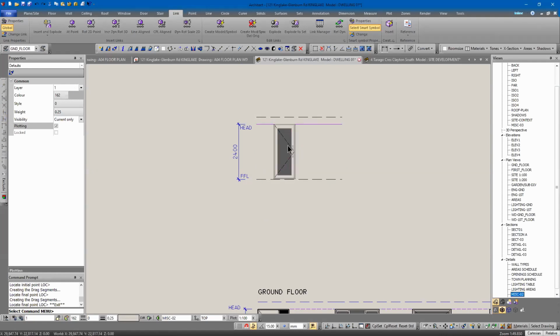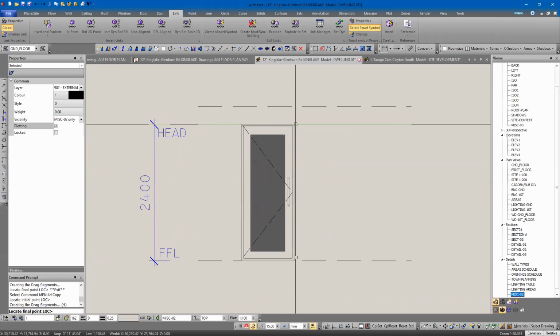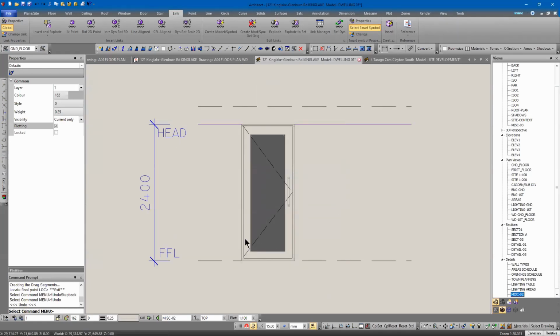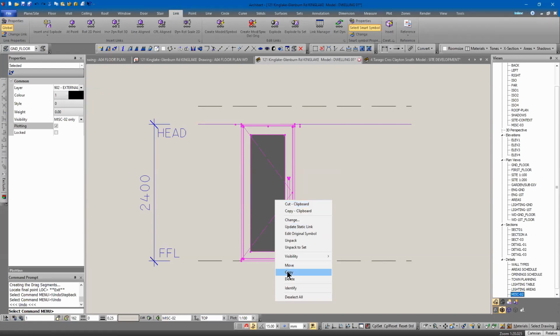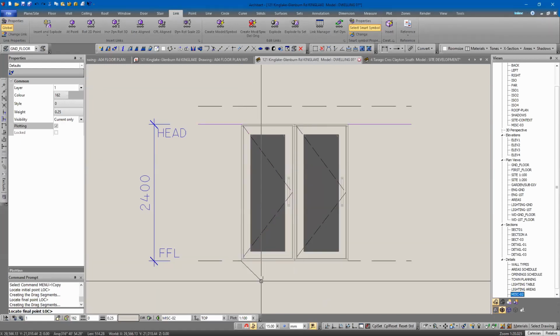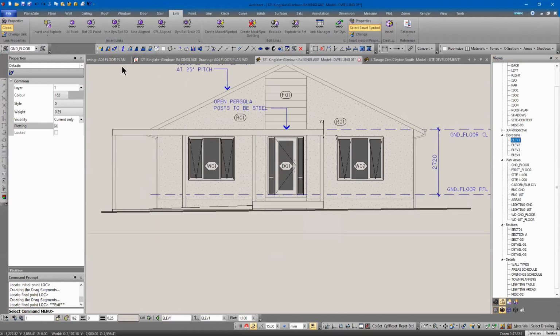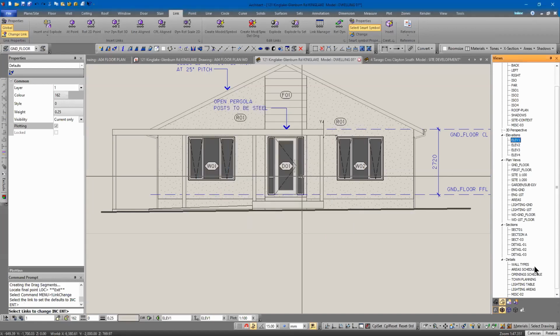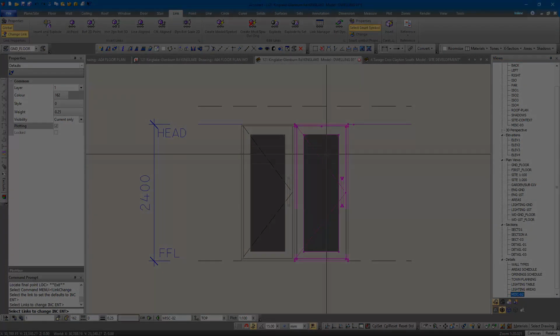And in this particular case, he's got 2 side lights, so I can just go copy, pop that on that side. Didn't line up real nice. Copy that to there and go back to our elevation, and I would go change link, copy, untick. Okay, jump back here, and I know my 2